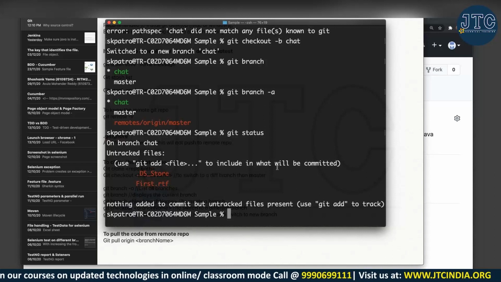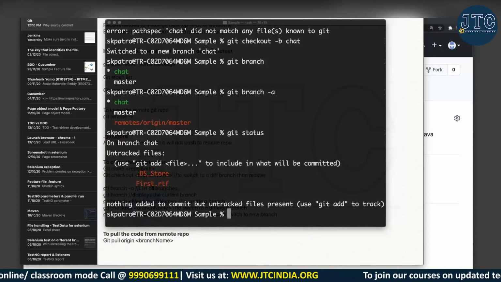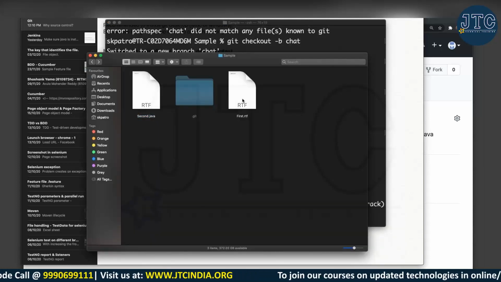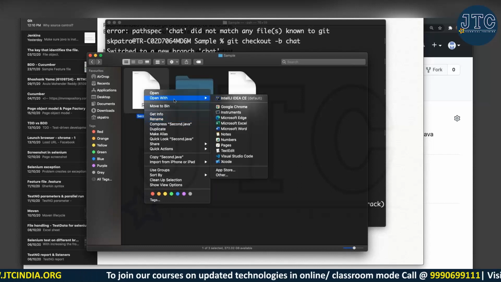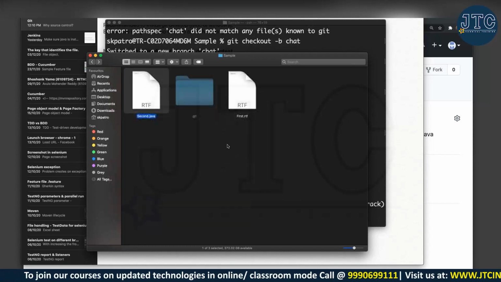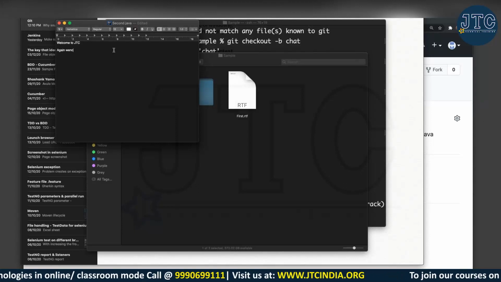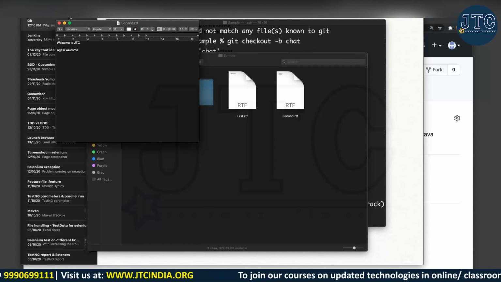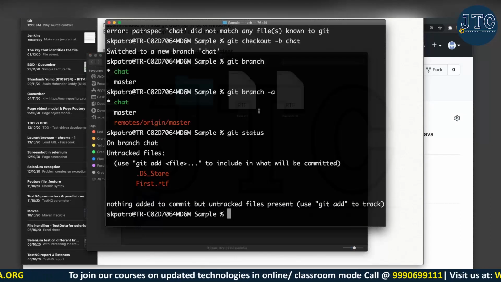Now let's see a change. Let me go back to here. Let me go to this second one only, and I will open it in a notepad and edit it. Forget about what text I'm writing, something I have edited here. Because continuously you are developing, right?